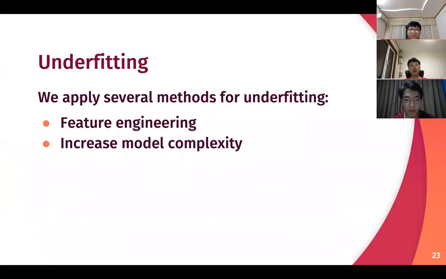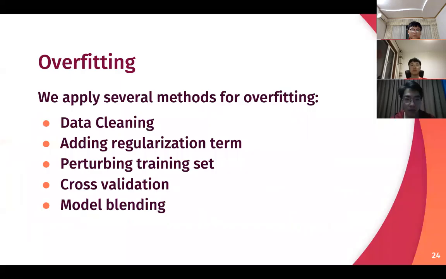To avoid underfitting, we do feature engineering to make data express the problem in detail. We also increase model complexity by using thousands of estimators and boosting to decrease bias. To avoid overfitting, we do data cleaning, add regularization term, perturb training set, use cross-validation, and blend models to decrease